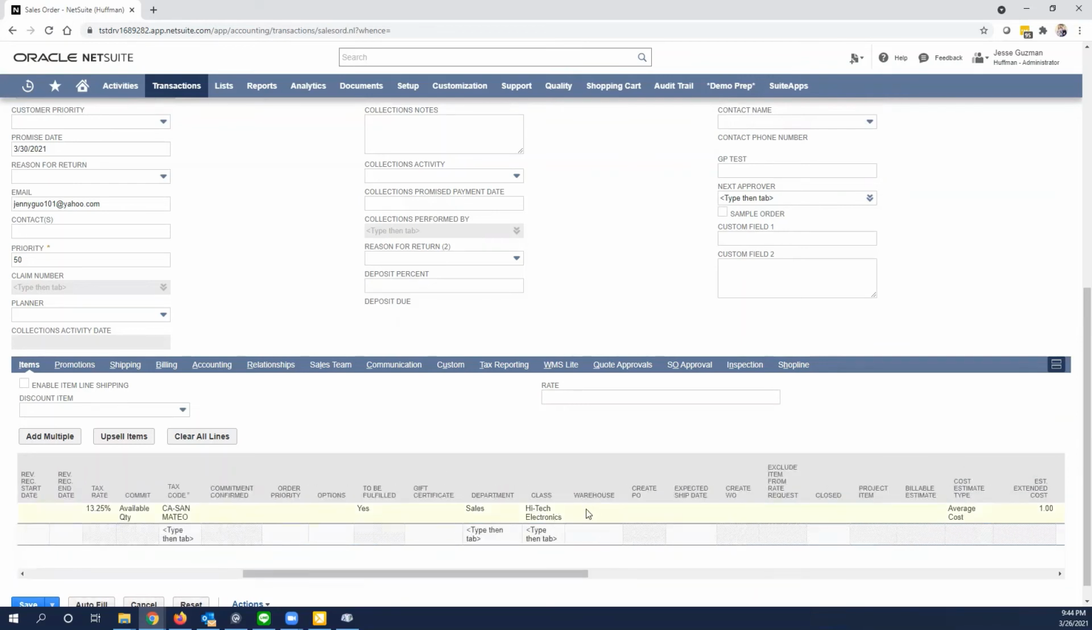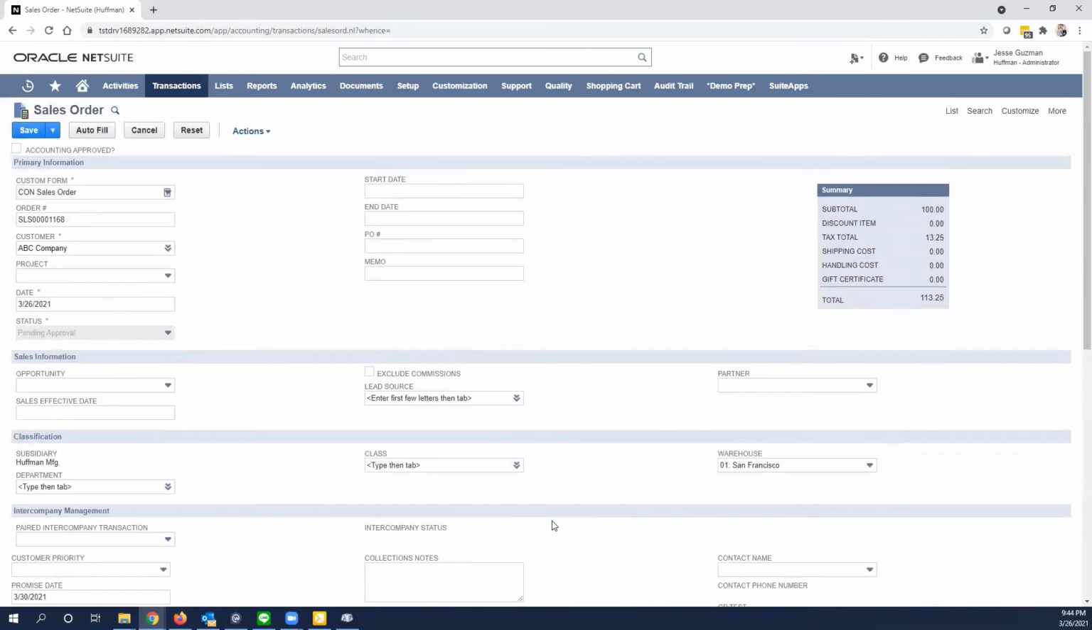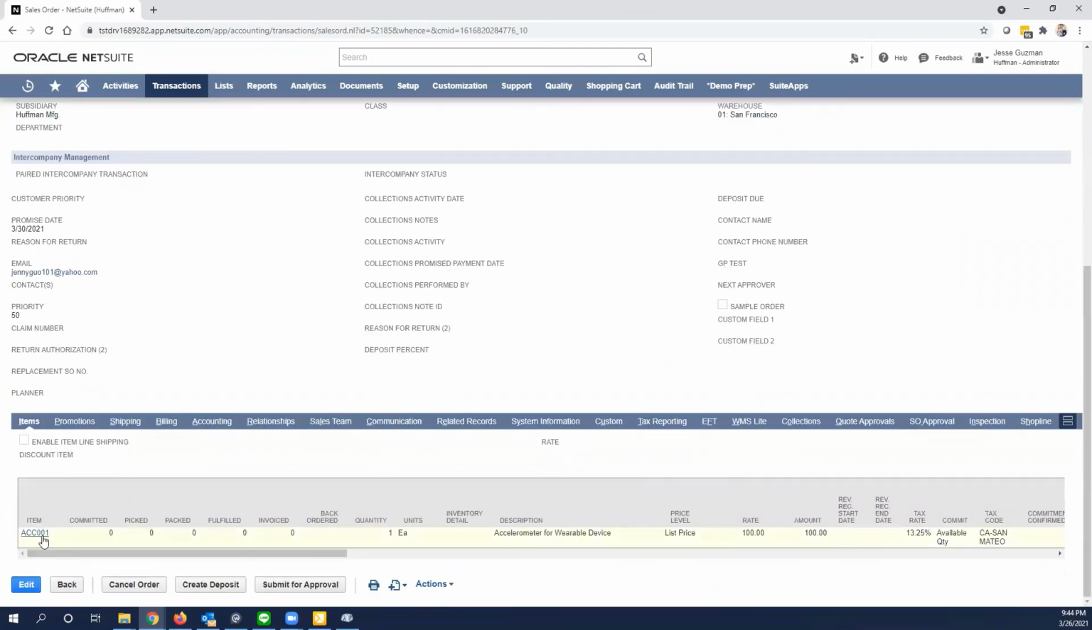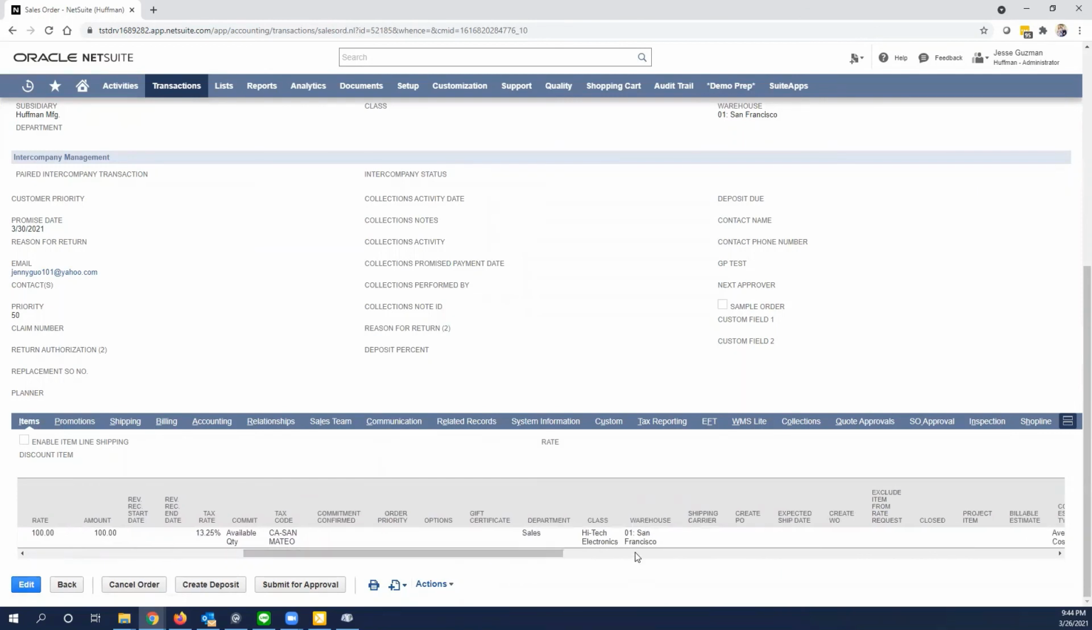It is not populated. Remember, our workflow was set for after record submit. So this order is going to go into pending approval. Again, we have other workflows built in place, but that will not stop us from setting the location. So we'll go ahead and click save. Give this a second to run. Okay, it's gone ahead and saved. Obviously, it's in pending approval. Here is our warehouse location. Here's our item. And when we scroll over to the right, you see that the warehouse location is now populated